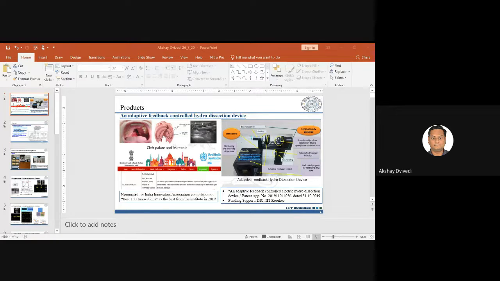If you recall, during the first interaction that we had while developing this hydro dissection device, I said designs have to be simple. In fact, the most complicated designs are the simplest. Why are they complicated? They are complicated because there is enough background information that goes into them. But for the user, it should be easy to use. In fact, the user should have no problem interacting with that product. And when I say interacting, it is basically using that product.